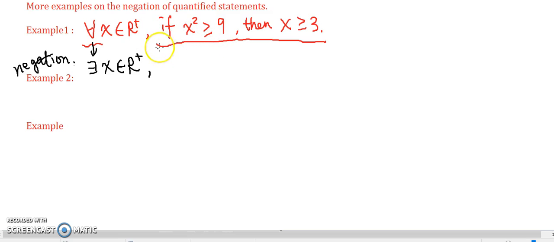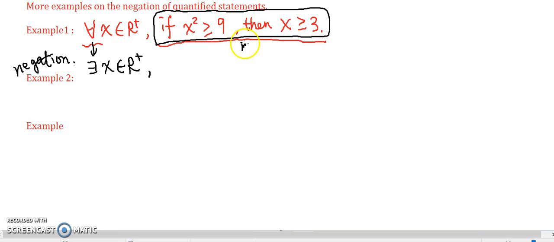And also we need to negate. So this whole conditional statement is describing something about x. So this will be negated. We have to negate this whole statement. Because this is not just a simple statement like we had before, where the school bus x is yellow, we just put it is not yellow. In this case, we have if-then, so we have to use what we learned before, how to negate a